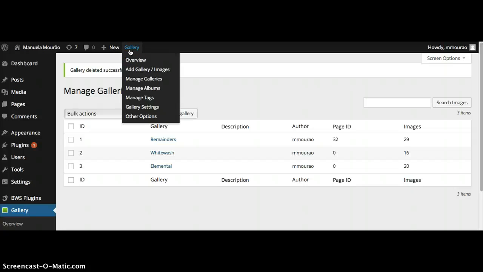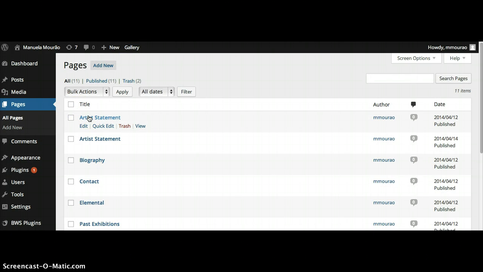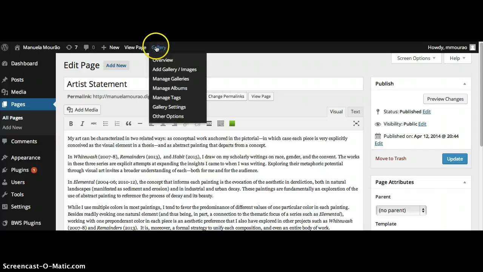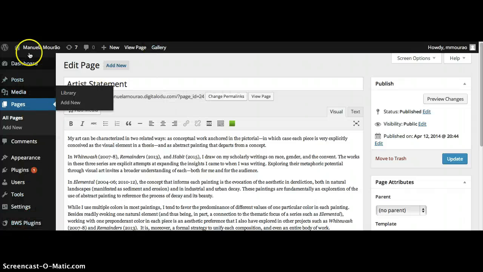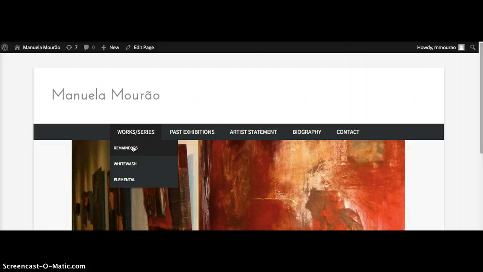The other thing, I believe it shows up on pages. Yeah, there's an icon, so you could attach a gallery to this page just by using that icon again, and it's still here and it's still down there. We actually were editing on the website, not through the dashboard, so I took us to your website, took us into remainders,